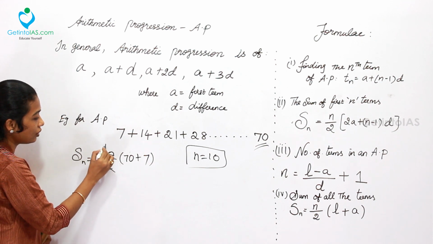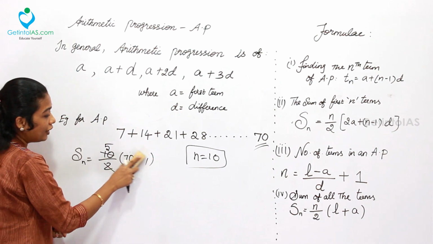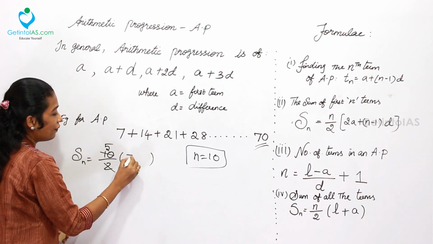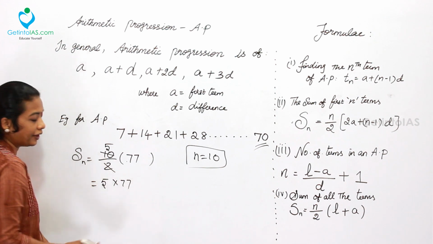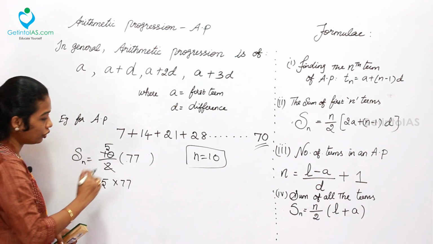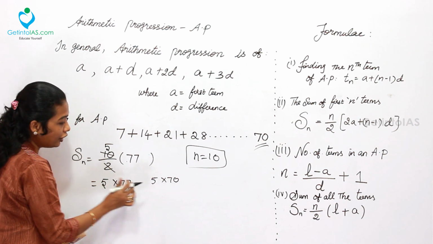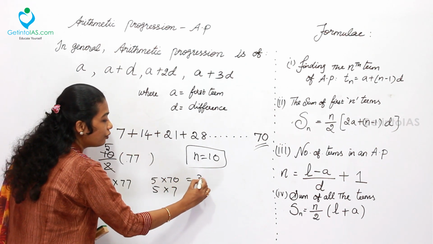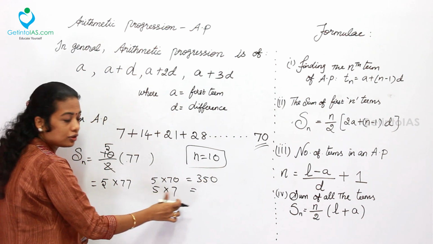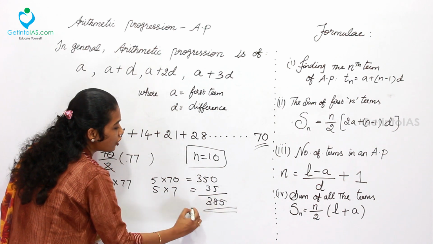Now after cancellation I could say here 5, here 70 plus 7. So 70 plus 7 is 77. Finally the result is 5 into 77. For easy calculation you can do like this. Split and calculation technique you can use: 5 into 70 and 5 into 7. What is 5 into 70? 350. What is 5 into 7? 35. Now finally my answer for this question is